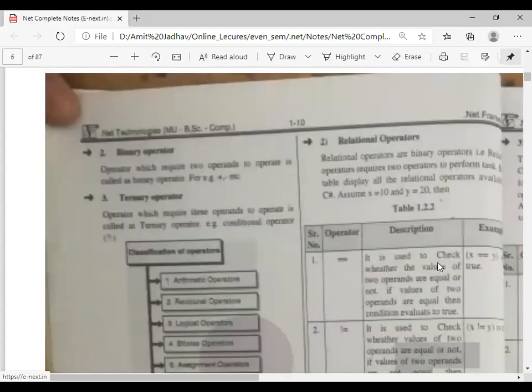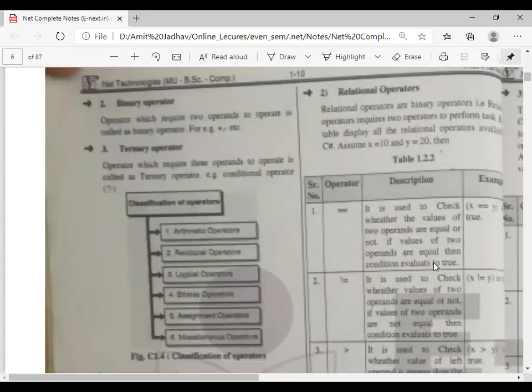Then the next one is the relational operator. The first one is equal equal to. Equal equal to checks whether the value of x is equal to the value of y or not. Let's see one simple example.